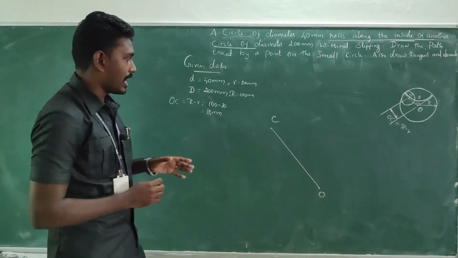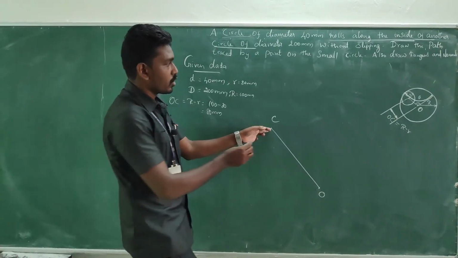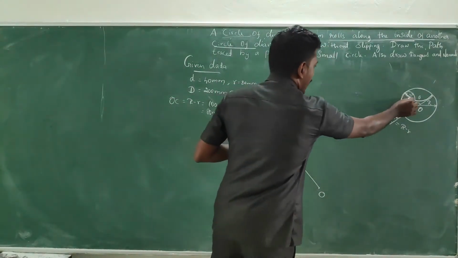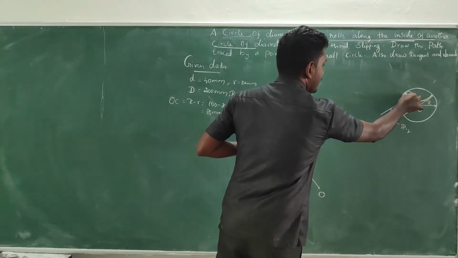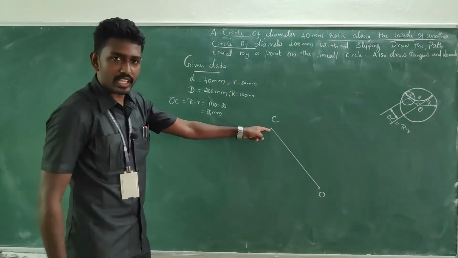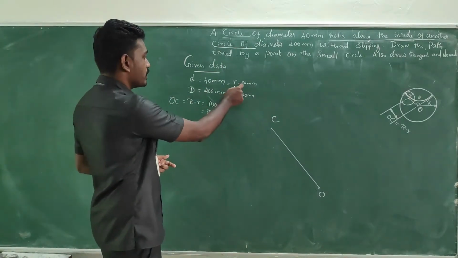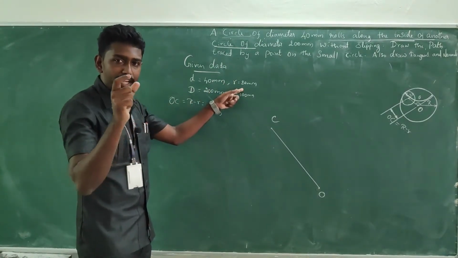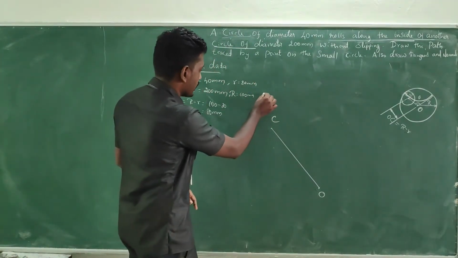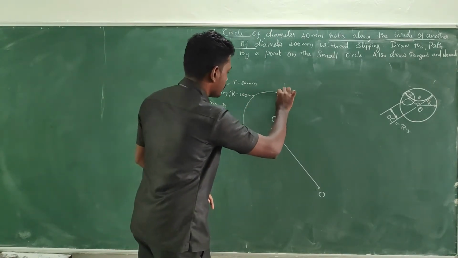So after that, we can draw a rolling circle. See, look at this schematic diagram. This rolling circle is with the center C, right? So at the point C, I'm going to draw my rolling circle. For which take 20 mm in your compass and keep C as center and go for a circle so that you get a circle.